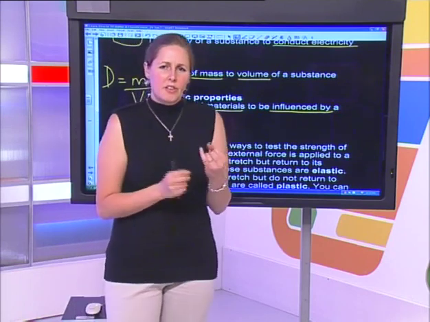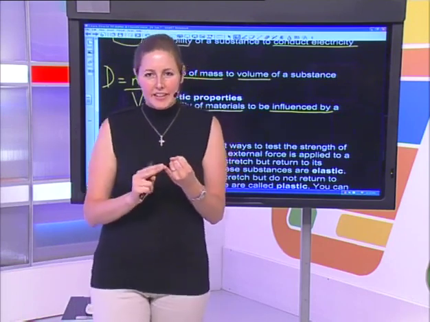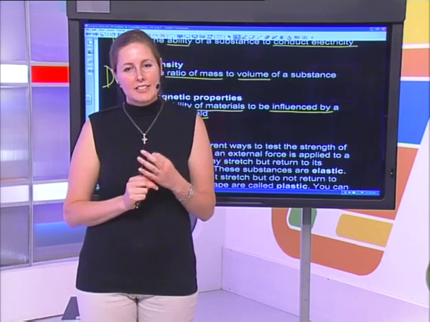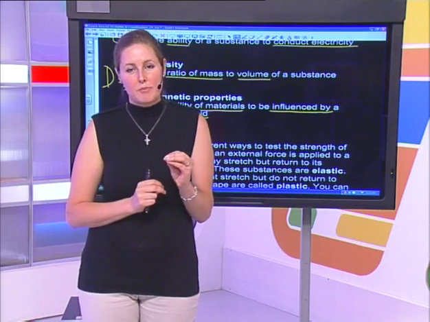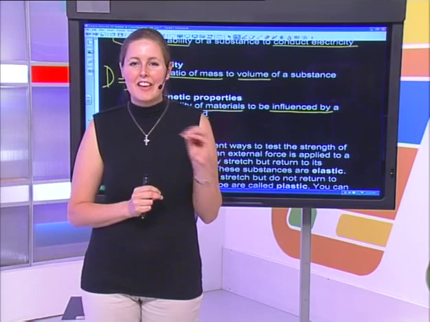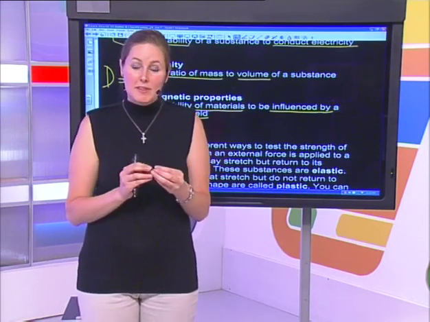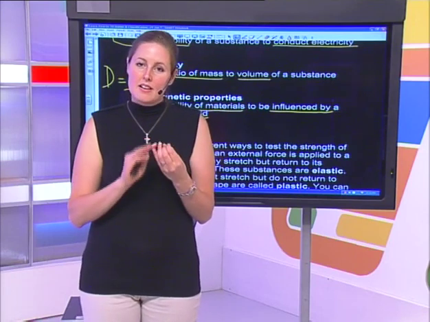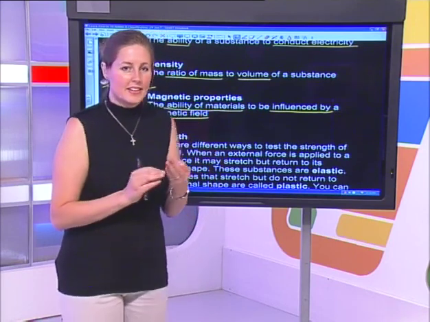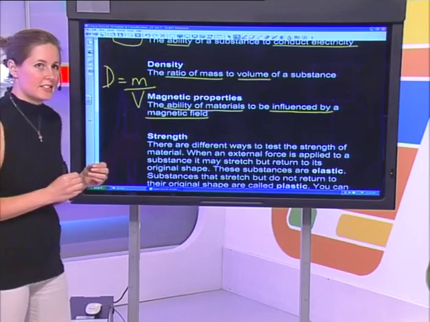So you're thinking here of substances like iron, cobalt, and nickel. Now, if you look at your periodic table, those three are next to each other on the periodic table, so it makes it really easy. There are three metals, but not all metals are magnetic. The three, iron, cobalt, and nickel, next to each other on the periodic table.